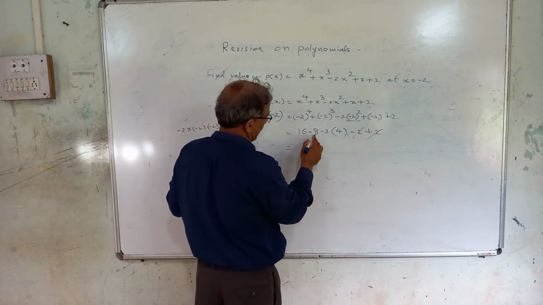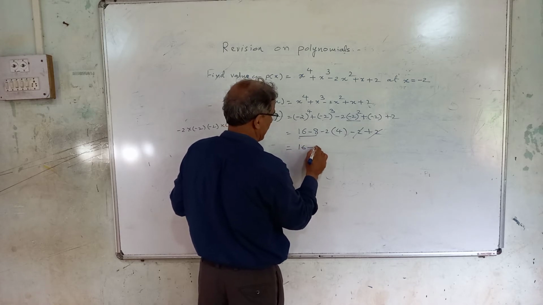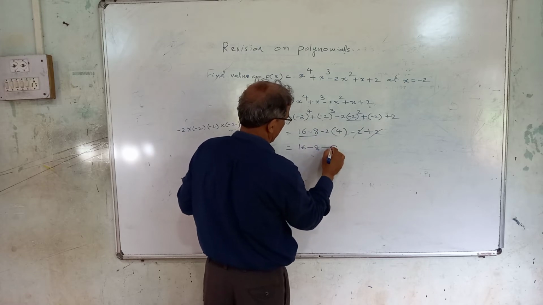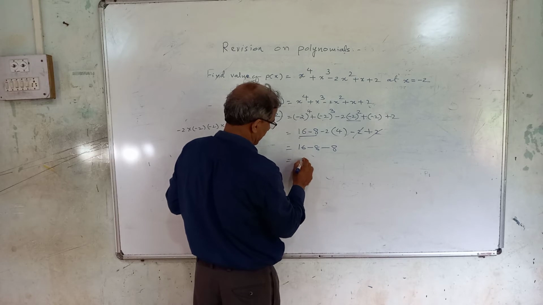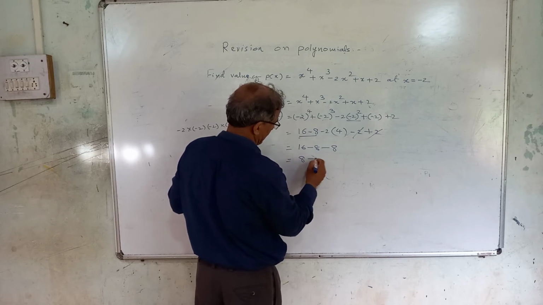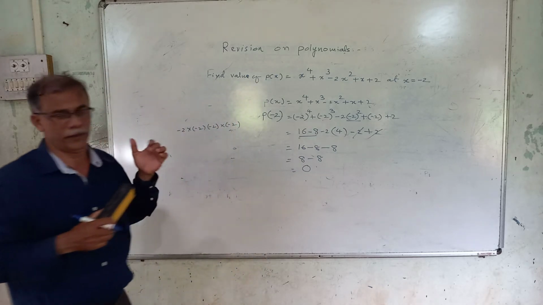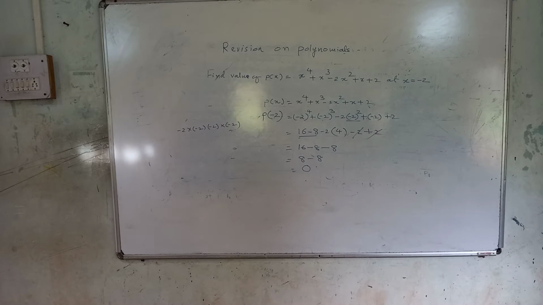Now it is 16 minus 8. You can add here. Or I shall write it again here. 16 minus 8. Minus 2 into 4. It is minus 8. So 16 minus 8 how much? 8. And this minus 8. So that is how much? 0. The value of polynomial at x is equal to minus 2 is 0. Okay? Then